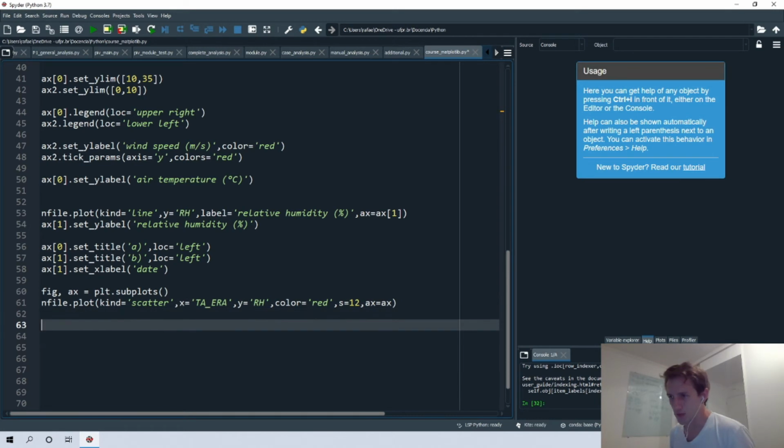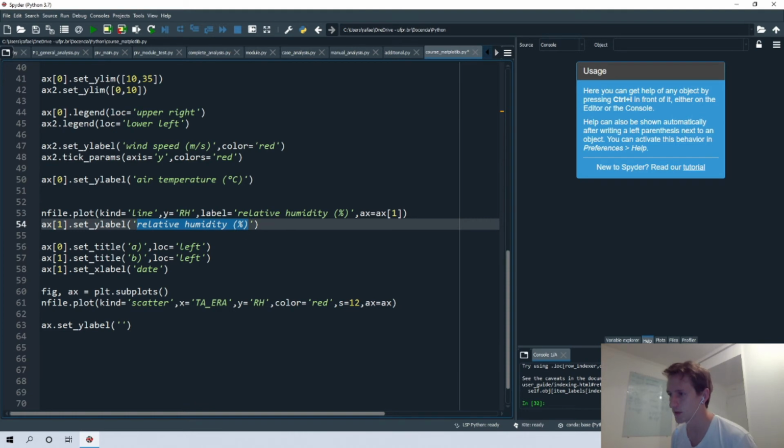Okay, then we must specify, for example, the y-axis label. So ax.set y label is relative humidity.